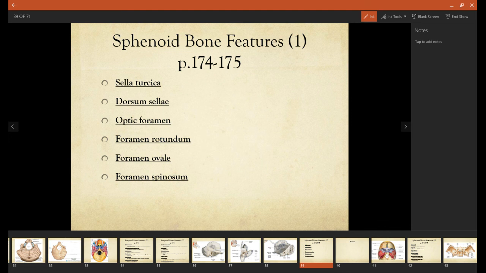Now going off the sphenoid bone, we have a few important structures. We're going to get into a silly little story here on the next lecture, but the sella turcica is going to be actually translating to the Turkish saddle. That's a part of the sphenoid bone. The dorsum sellae is going to be almost like a back seat that sits on the sella turcica. The optic foramen are going to be the holes. The optic nerve is going to go